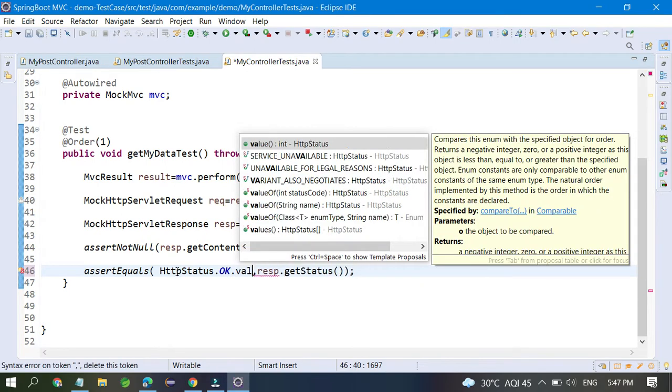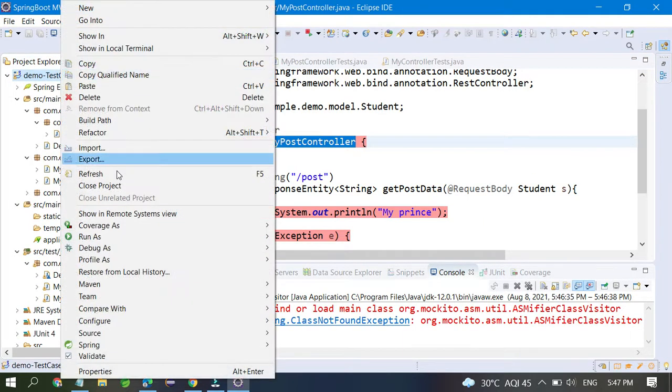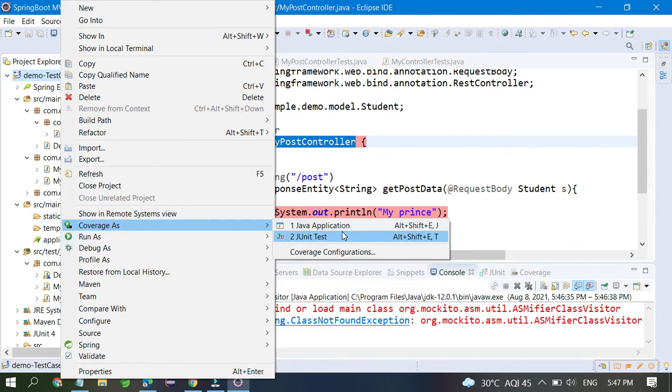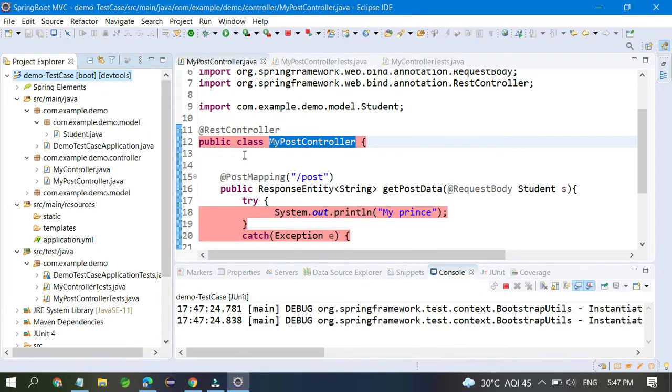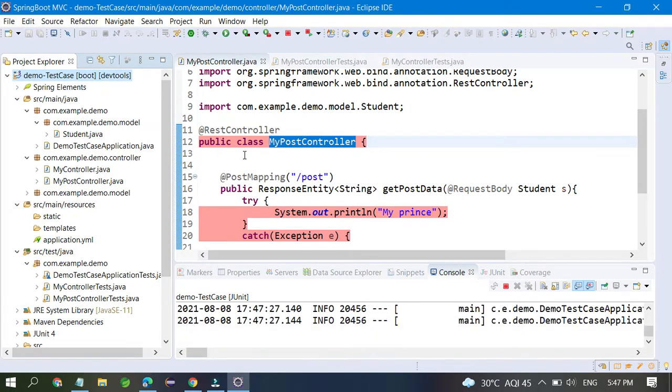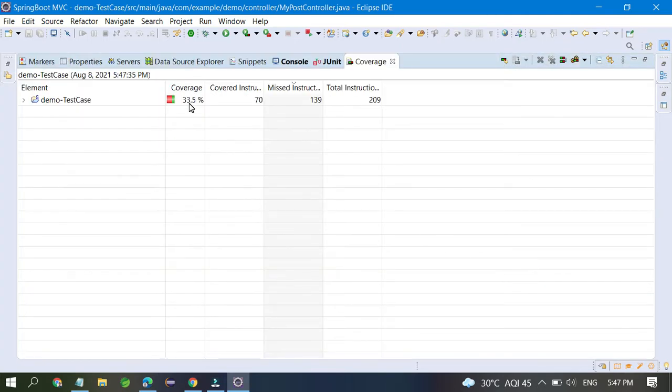Okay, fine. Once again you just run your code, coverage as a JUnit test case. You can see how much code coverage there is, how many unit test cases are running. So you can see the code coverage is 33.5% now, and some methods are not covered.